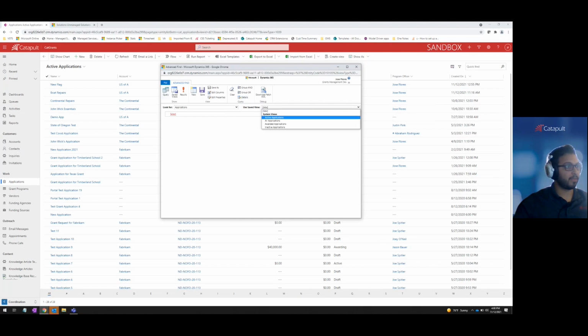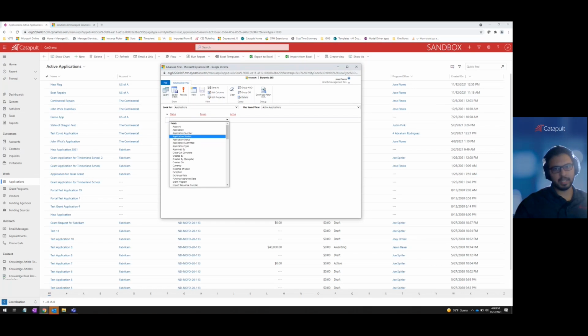You can actually use saved queries. So in this case, I'm just going to use active applications. And then let's say I only want data for this year. So we're going to do created on, and then we'll say this year. Sounds good. And then we can save as